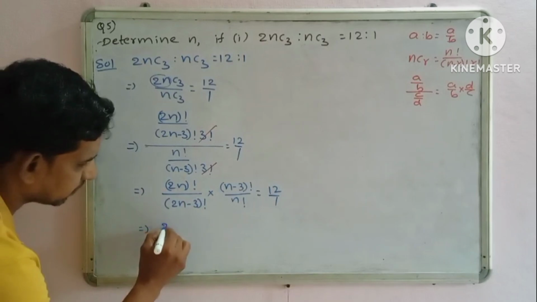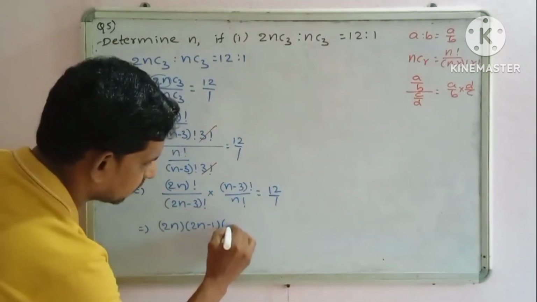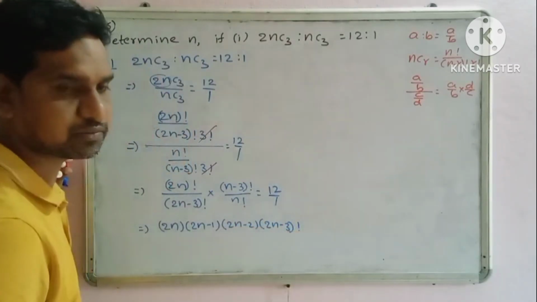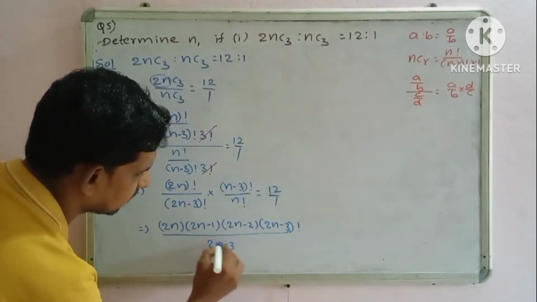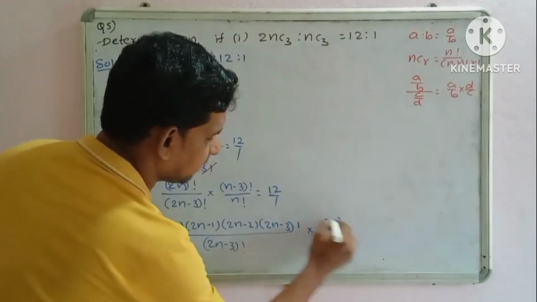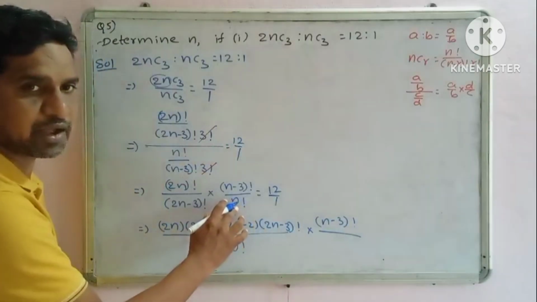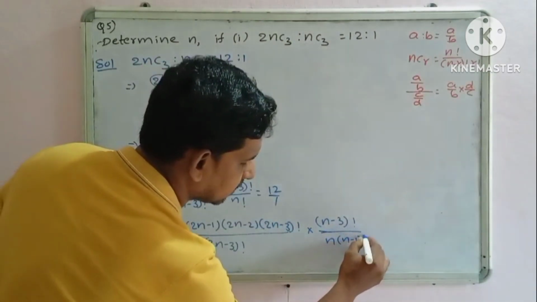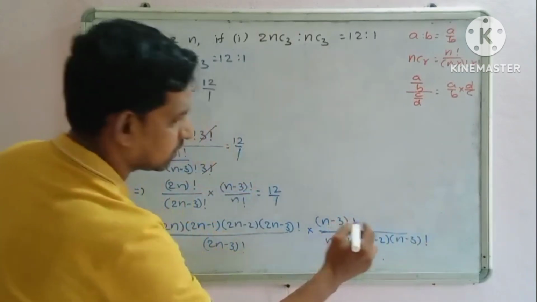2n factorial is nothing but 2n times 2n minus 1 times 2n minus 2 times 2n minus 3 factorial, divided by 2n minus 3 factorial into n minus 3 factorial. Here n minus 3 factorial is there, write n minus 3 factorial by n factorial. n factorial is nothing but n into n minus 1 into n minus 2 into n minus 3 factorial equals